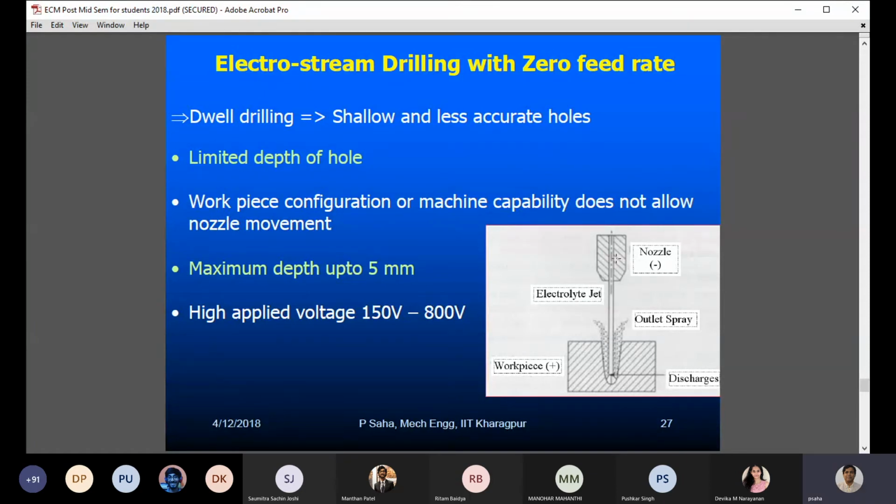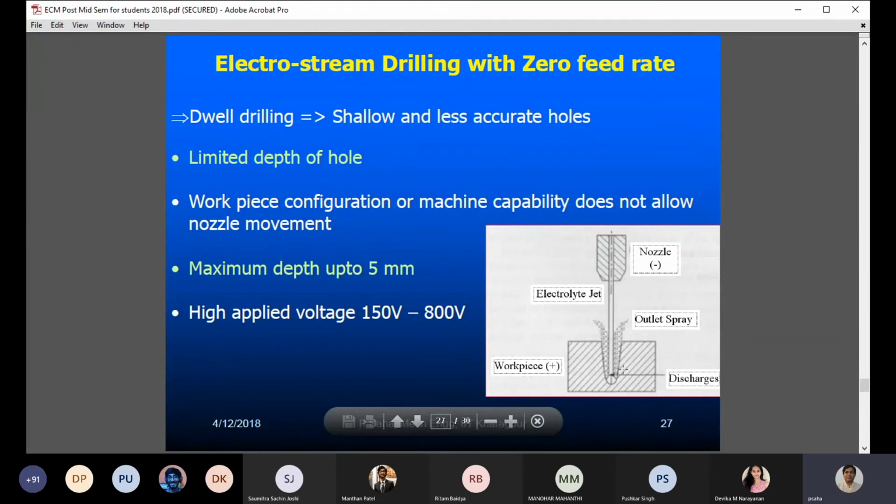Okay, and from this we have a small glass tube through which you can deliver these things. This is the job, which is positive, and this is negative. With a fixture this is connected, and it does not change the feed; this distance is constant. With this we allow the electrolyte to impinge on the job over here. So this is the outlet spray, it is coming out like this.